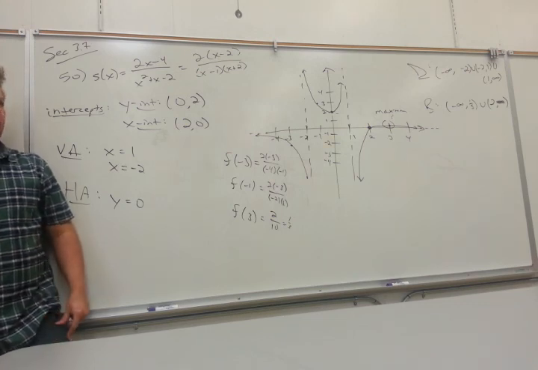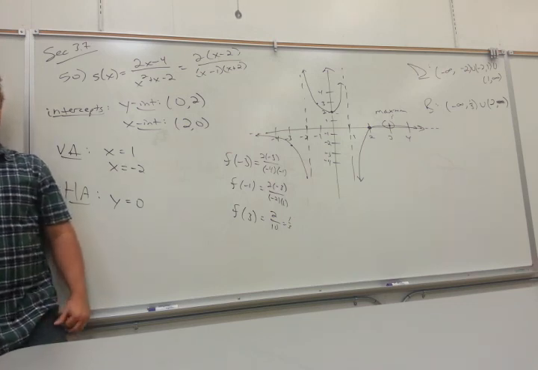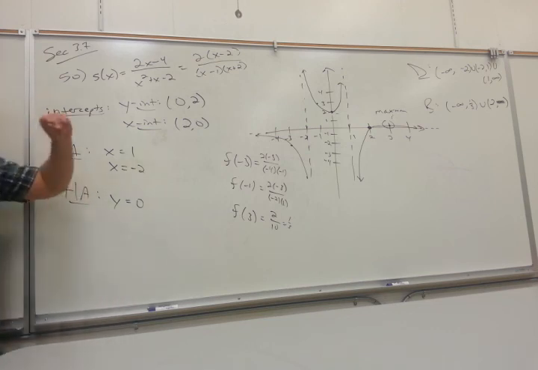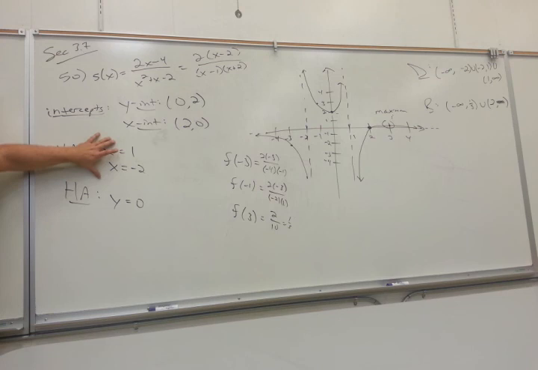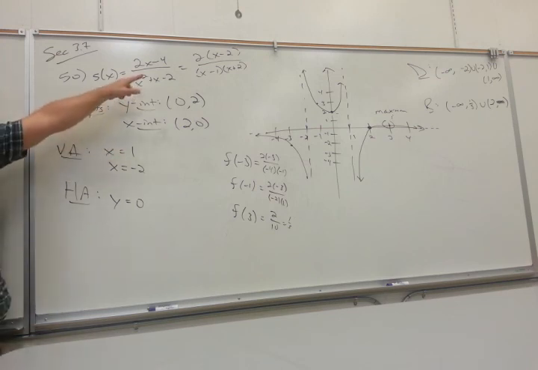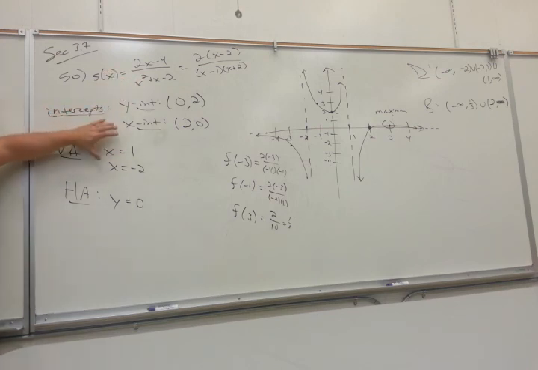All right. How do you feel about that? This is a very good example about compartmentalizing what you're doing. You know how to get intercepts. Don't forget any of them. You know how to get the vertical asymptotes. It's all about factoring those. So if you have trouble with that, you should be focusing on that. You know